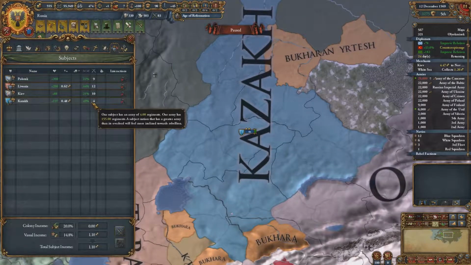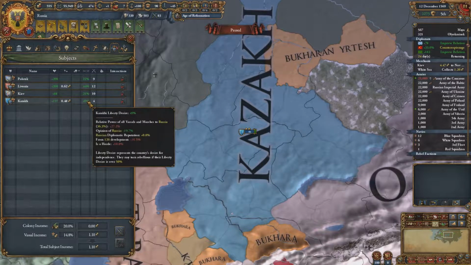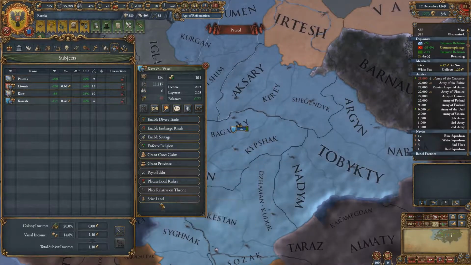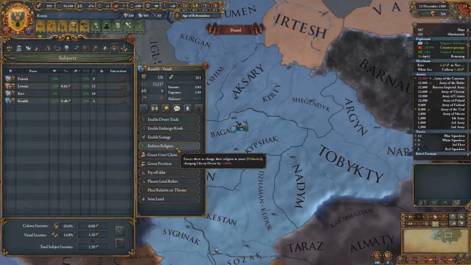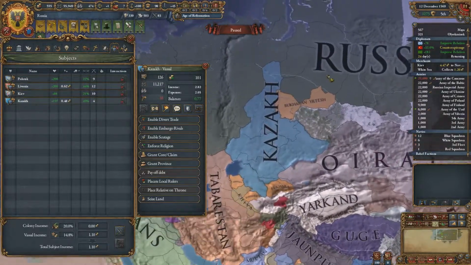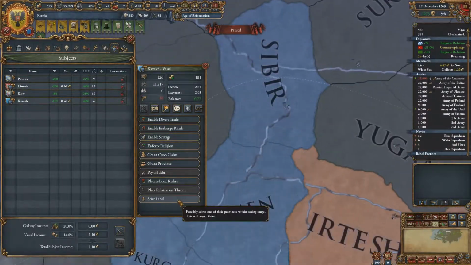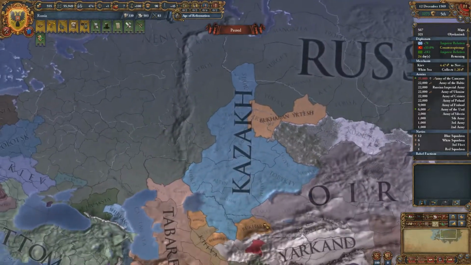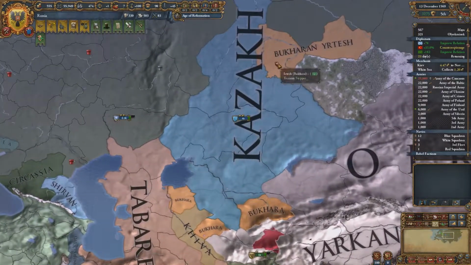Let's check them out. Kazakh is still at 49% liberty desire because his horde has high development and, I don't know, stuff and things. What would happen if I were to enforce my religion? There would be 100% liberty desire. They would want to secede from me. If I were to seize Siberia, liberty desire increased 15%, become 64%. I kind of would want to enforce my religion before anything else, but we might want to take...